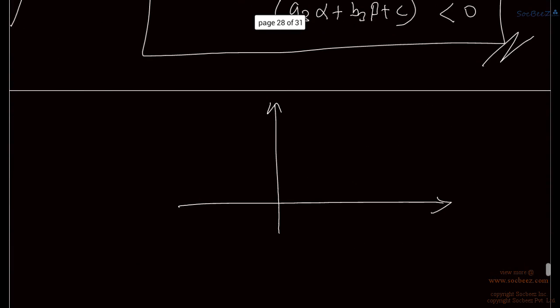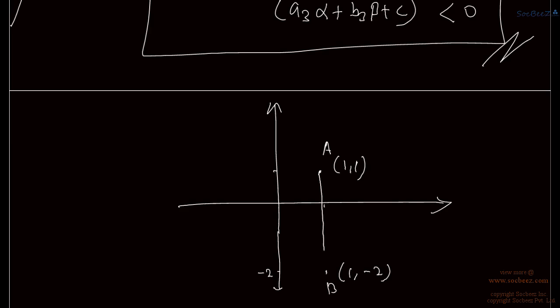So the vertices are 1, 1; 1, minus 2; and minus 17, 4. Say this is 1, this is 1, so here is 1, 1. The other vertex is 1, minus 2. This is vertex A, and 1, minus 2 must be somewhat here. So this is the side AB. Another vertex is C, which is minus 17, 4. Minus 17 is somewhat here, and it is 4.